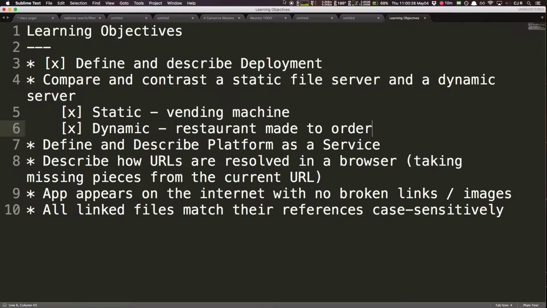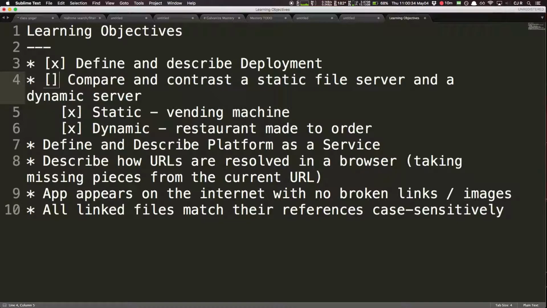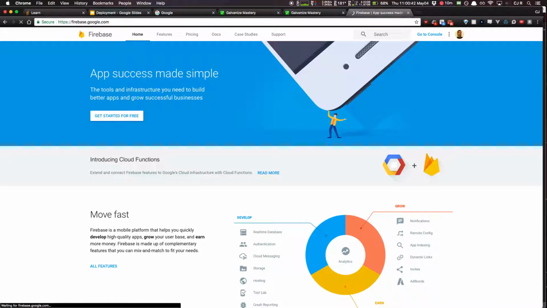Cool, cool. Dynamic versus static. All right. We kind of already talked about platform as a service, but let's see one in action. So Firebase, they actually got acquired by Google a little less than a year ago. They have a lot of different things that you can do. So if you look at features,